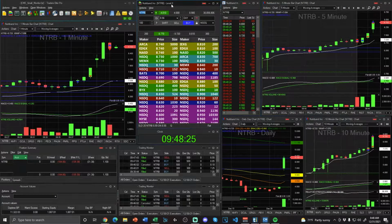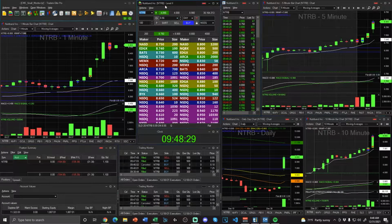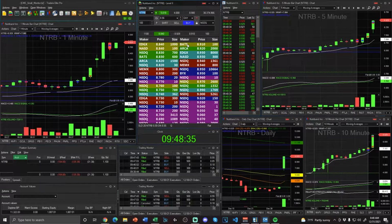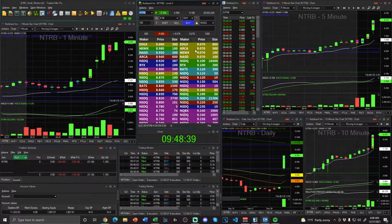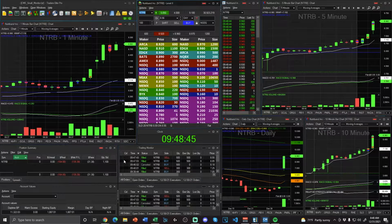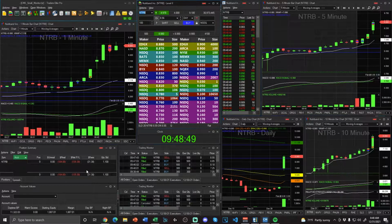There's some aggressive trades that I'm making today, and it's just kind of stupid. So trying to buy the high and sell a little higher. Everything looked good in my opinion, but it just couldn't break that 9.00 level. And look, it's breaking it here. So there's 9.10. That's the break I was looking for, and it went without me. So with that being said, I'm just going to wrap it up here. I'm already at my max stop loss. Going to take a $135 loss and a $125 loss